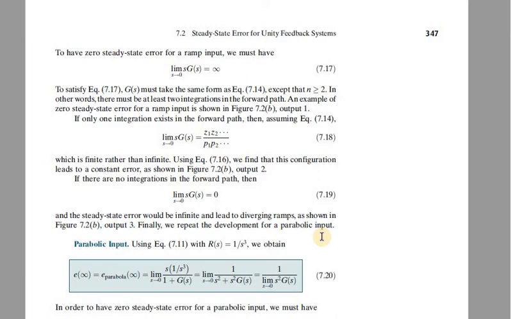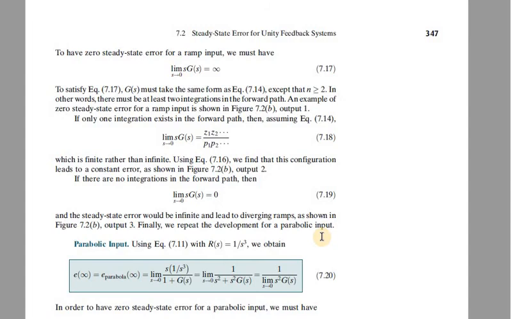But when we have a ramp input, we need a single integrator so that we have finite error. Otherwise, error is infinite. For 0 error for ramp input, we need at least two